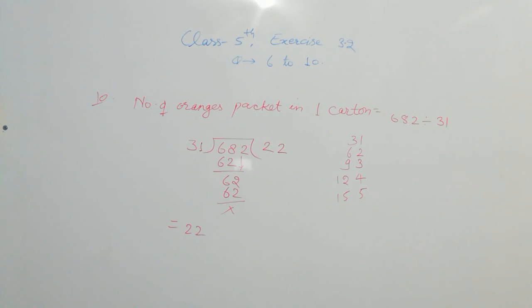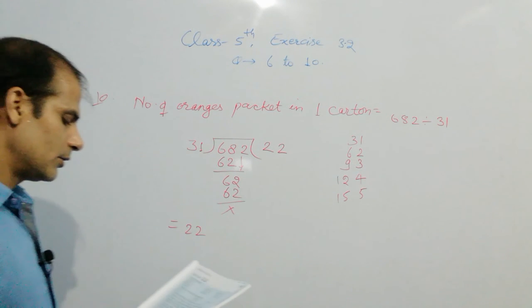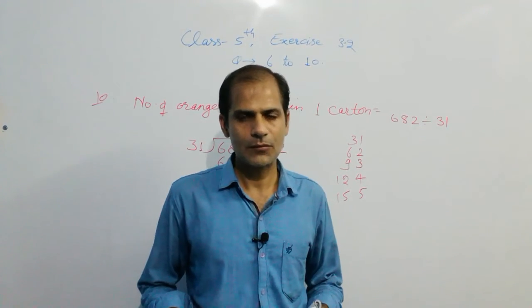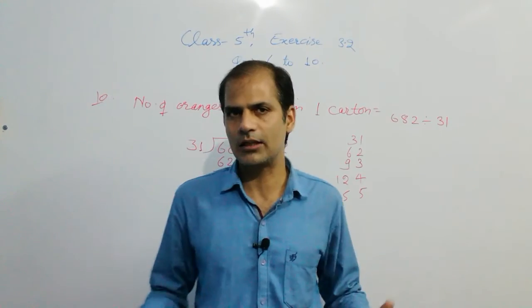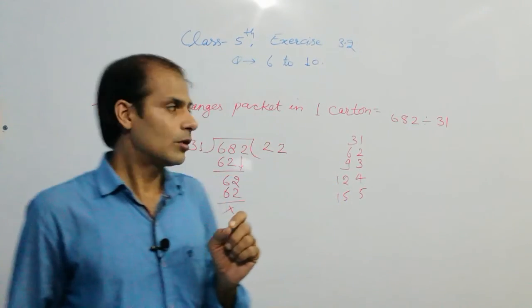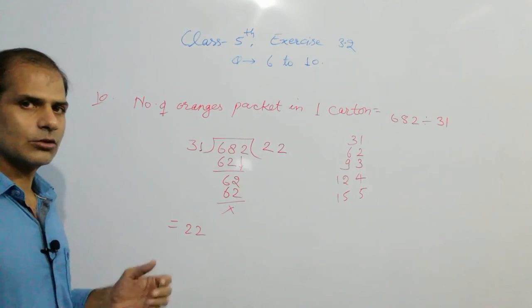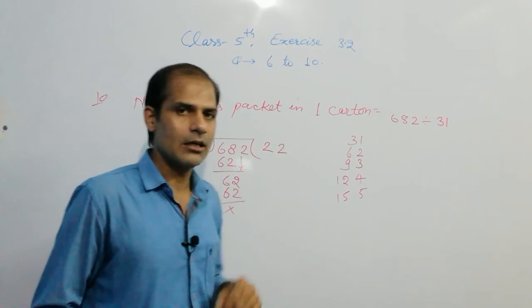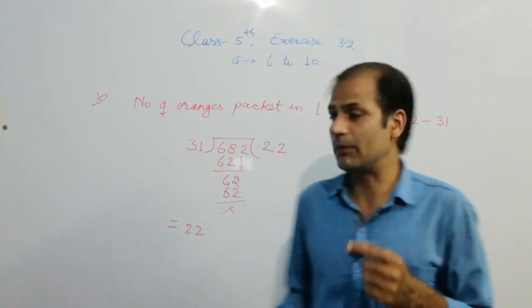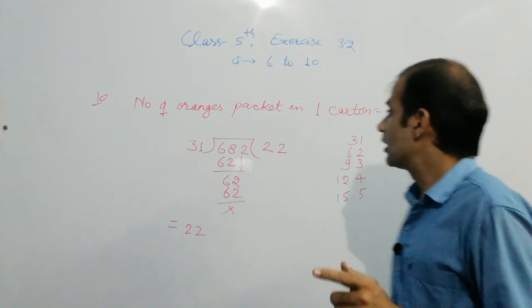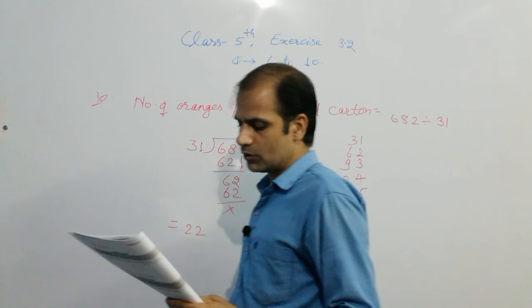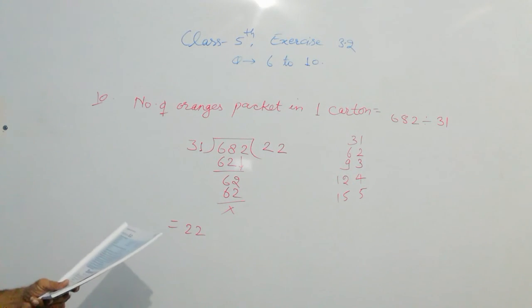So we can say, if we have 682 oranges and we are packing them equally in 31 cartons, ओके, मीन्स 31 कार्टन में अगर हम इक्वली इनको अरेंज करें तो एक कार्टन में 22 ऑरेंजेस को हम पैक कर सकते हैं. सो टोटल 31 कार्टन्स में ये सारे ऑरेंजेस इक्वली पैक होंगे. मीन्स हर एक कार्टन में, सॉरी इट इज कार्टन नॉट कार्टून, हर एक कार्टन में 22 ऑरेंजेस को हम पैक करेंगे. सो इट इज द आंसर ऑफ क्वेश्चन नंबर 10.